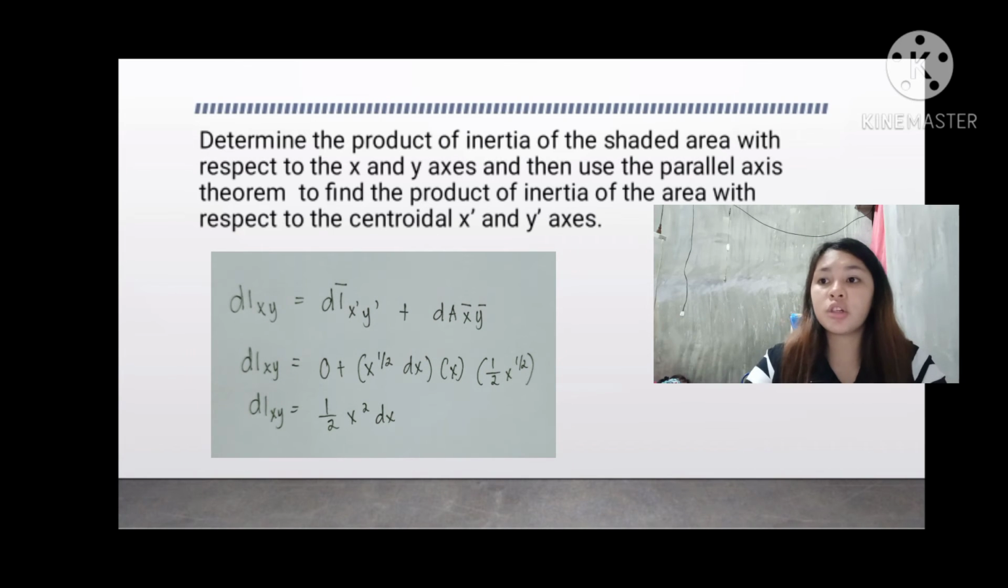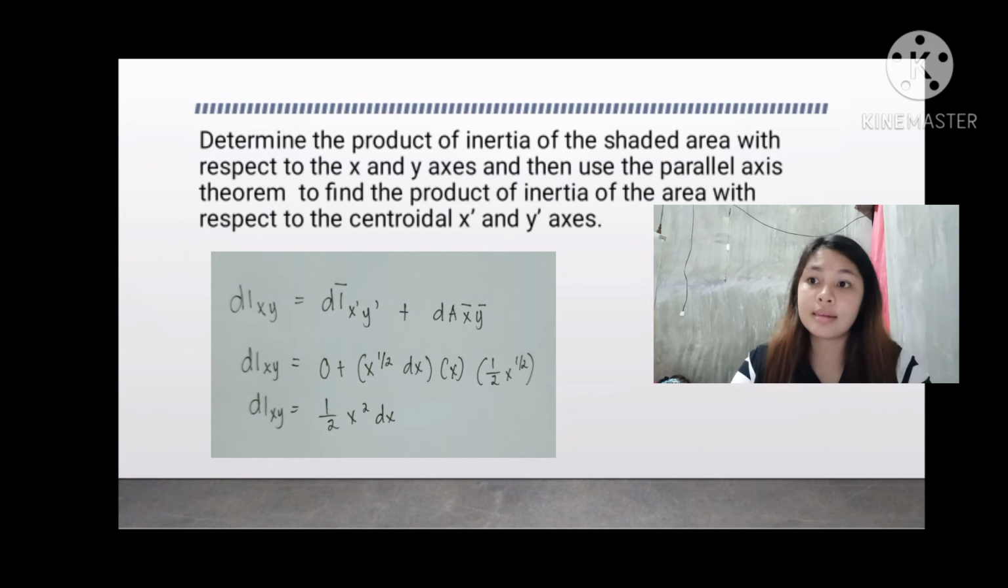The area of the differential element parallel to the y-axis, shown shaded, where our dA is equal to y dx, which we have identified as x raised to 1/2 dx. The coordinates of the centroid in this element are x tilde equal to our value of x, and y bar equal to y over 2, or 1/2 x raised to 1/2. Thus, the product of inertia of this element with respect to the x and y axis